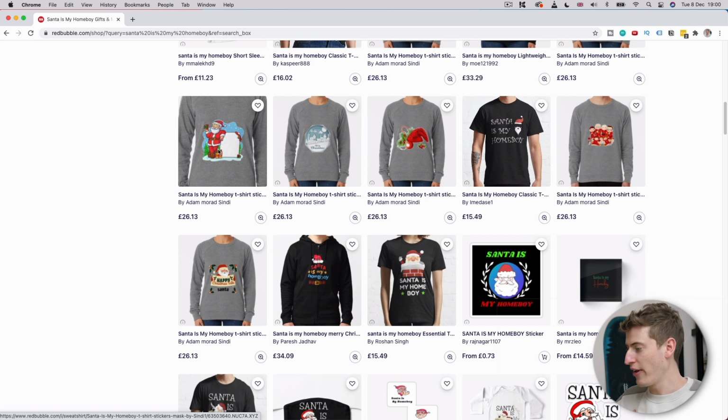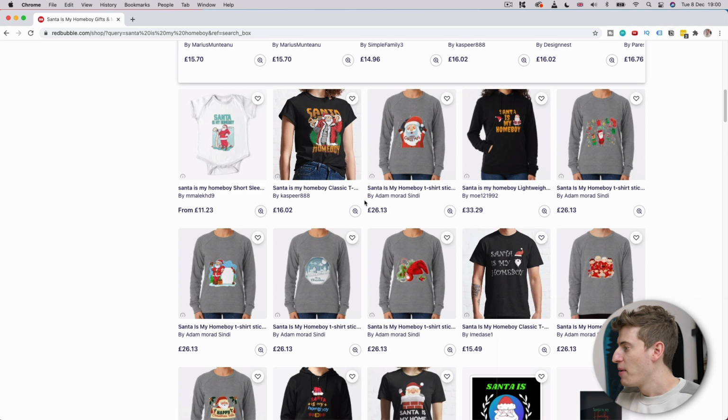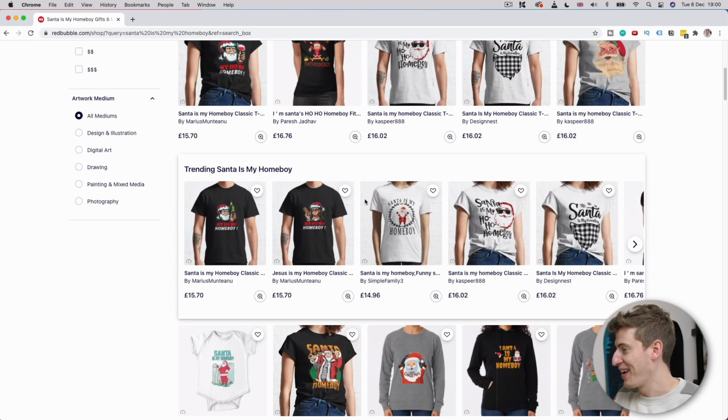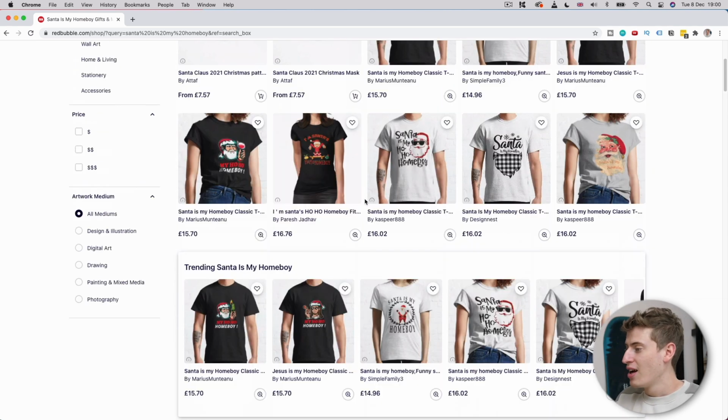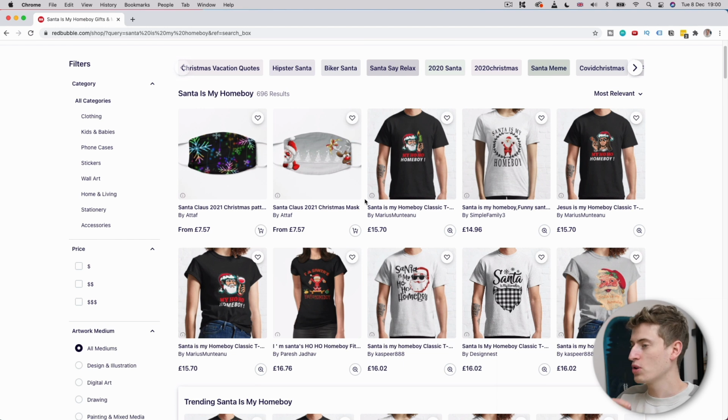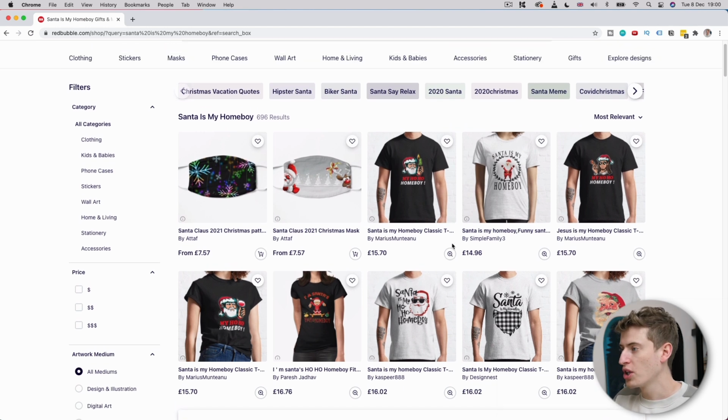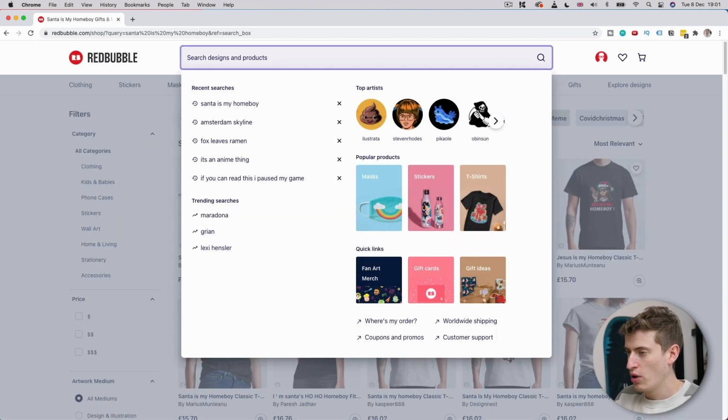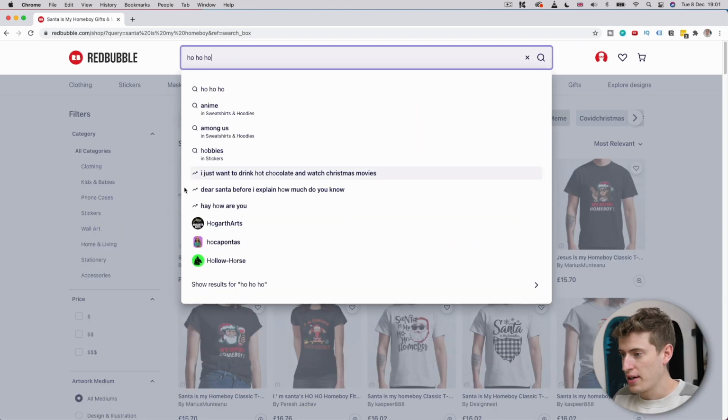It needs to be further up on their chest. They should be watching a few of Are Your Designs Any Good? But anyway, this is a great design. And what I thought was cool about this is it wasn't just Santa's my homeboy, it was all the ho ho ho designs. So if I search ho ho ho, I don't know if it's trending, but